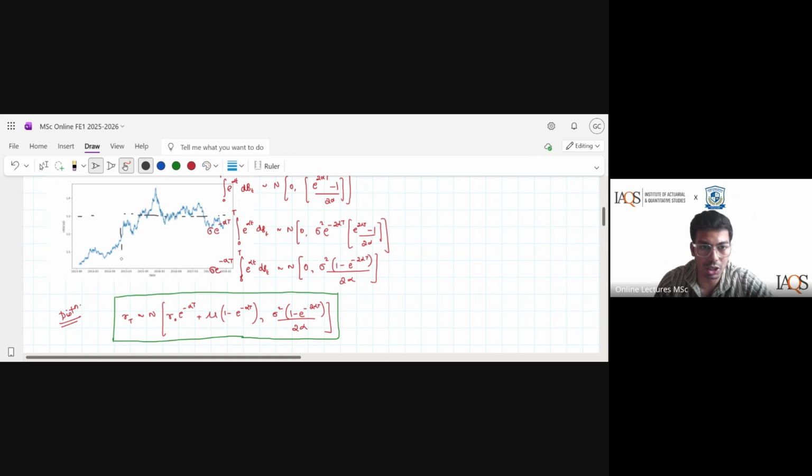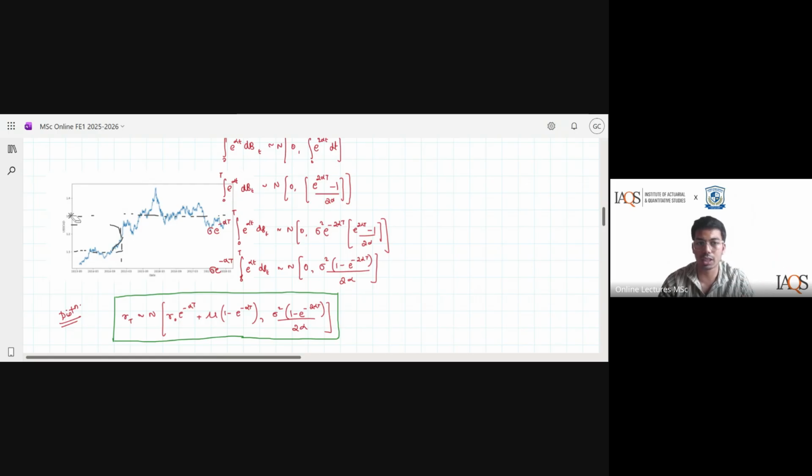But if I had seen only this much of the history, I would have taken the mean reversion level to be this. But I know now it's diverting from the mean reversion level, so ideally I wouldn't have taken this. And I know this is happening over the long term only. That is what the mean reversion property means. Practically, for interest rates over a very long duration, you will see this property hold true.